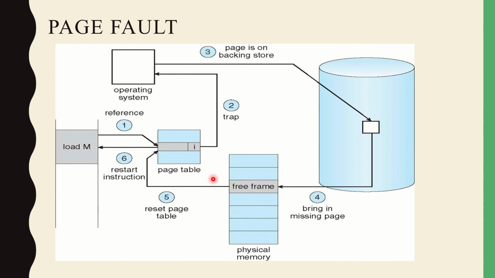Now, what is a page fault? A page fault is nothing but what occurs whenever your page is not there in your main memory. Whenever a particular process wants to execute something, the CPU needs some page, and it searches in the memory frames. If that requested page is not in the frame, you can say that a page fault has occurred.